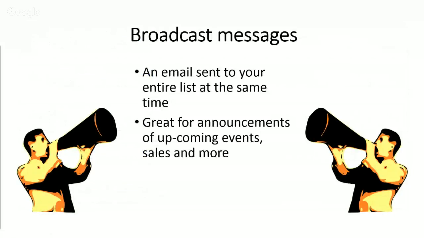The second kind are called broadcast messages, and these send an email to your entire list at the same time, one after the other, bing, bing, bing. And this is used for events that are rooted in time, like this webinar, for example. I sent out messages to my list saying, we've got a webinar coming up, come on out. Doesn't matter when the person joined my list. It might have been yesterday, it might have been a year ago, but the event was tonight. So I wanted everybody to get that message, and that's what the broadcast messages are for.